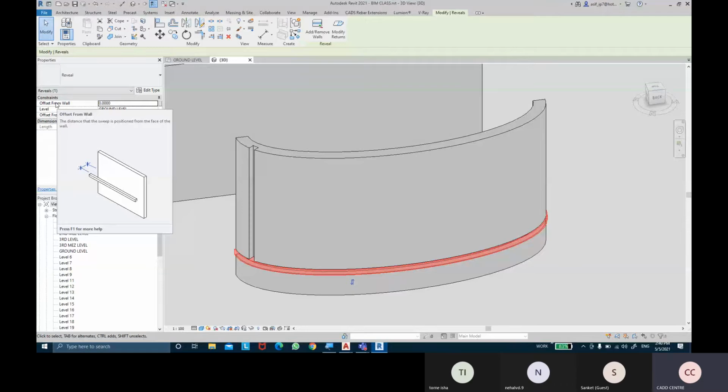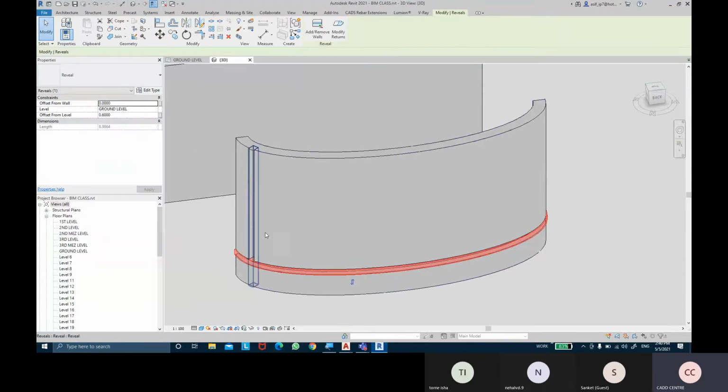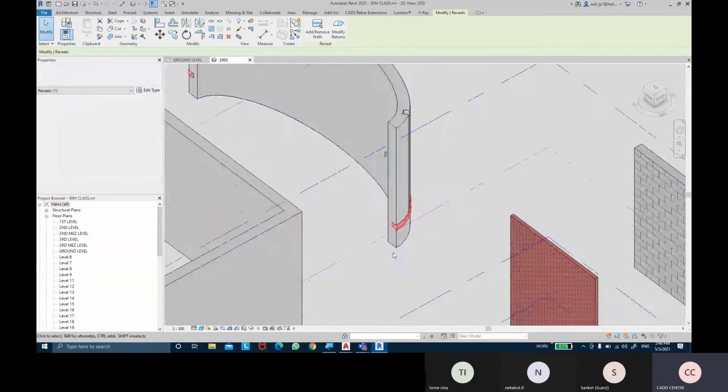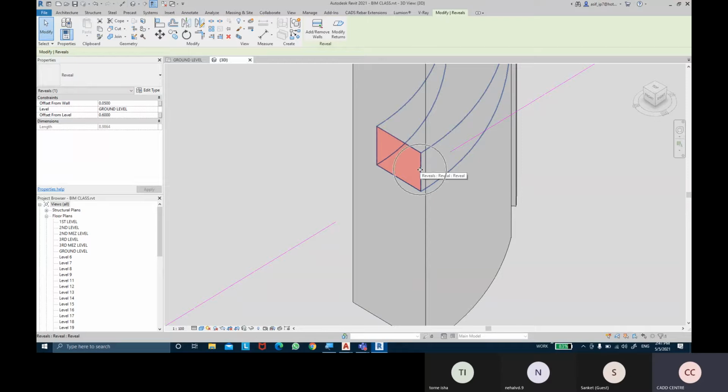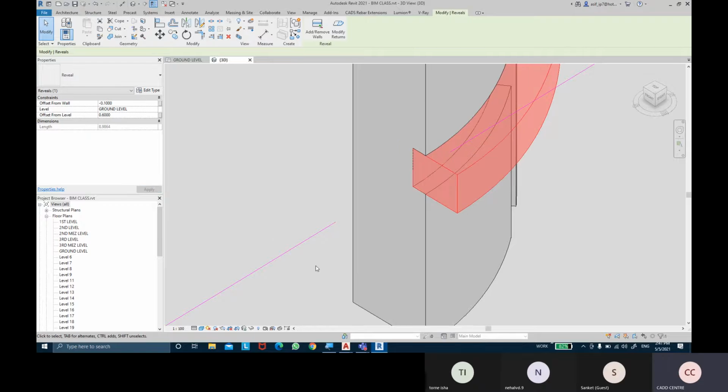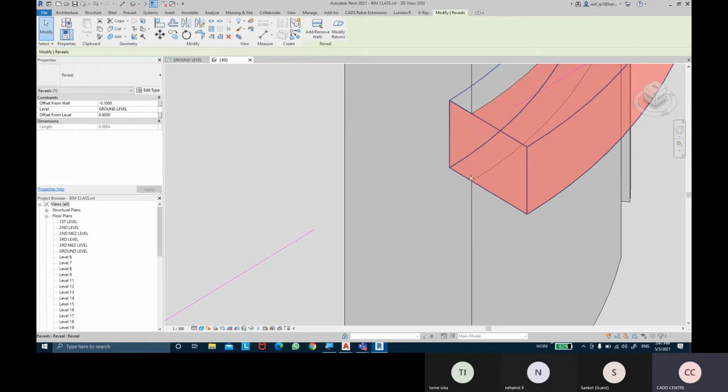Next, when you select this reveal, it gives the offset from wall. Offset from wall currently says 0, so it is stuck to the wall. You can see the profile is sticking to the wall. But if I give a value, supposing 50 mm, it's going to stick inside, so it's going to go into the wall. If I give negative 50 mm, it's going to stick outside. If I keep going to negative 100 mm, it's going to take my profile depth outside. You can see now the reveal cut is less. Even if I go a little more, negative 120 mm,